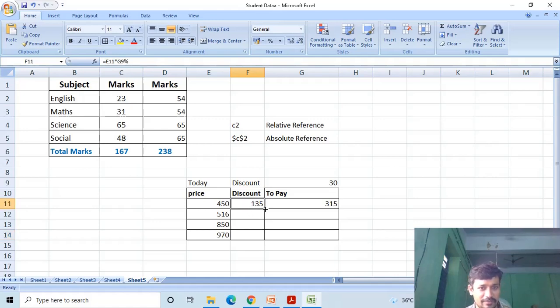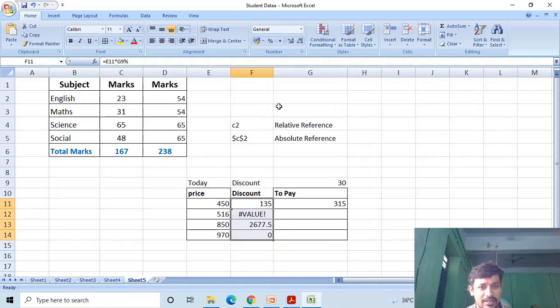You see, you are not getting the correct result. At that time, if you observe this formula, we are getting some errors. The formula is correct. In this case, the formula is E11 multiplied with G9.